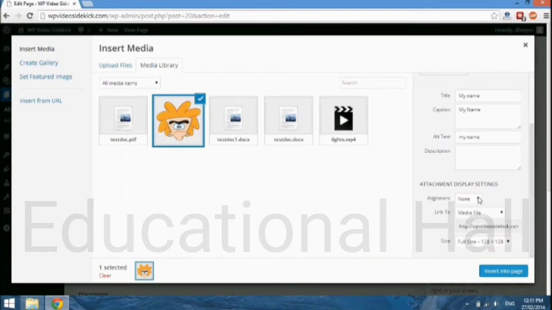And we have the option to align our image. Now, if we choose none, then the image will be placed wherever we have our cursor. And if you notice, I had some text on the page, so I want this image to appear to the left of the text. So I'll put that there, and we can also add a link to this image. So if I wanted to link to another page on my site or a page that's off my site, then I'll simply put the image here. By default, the location of the image will appear in this tag,